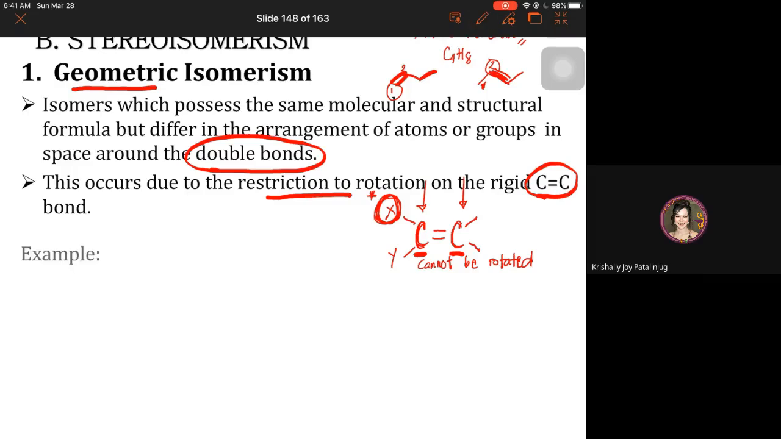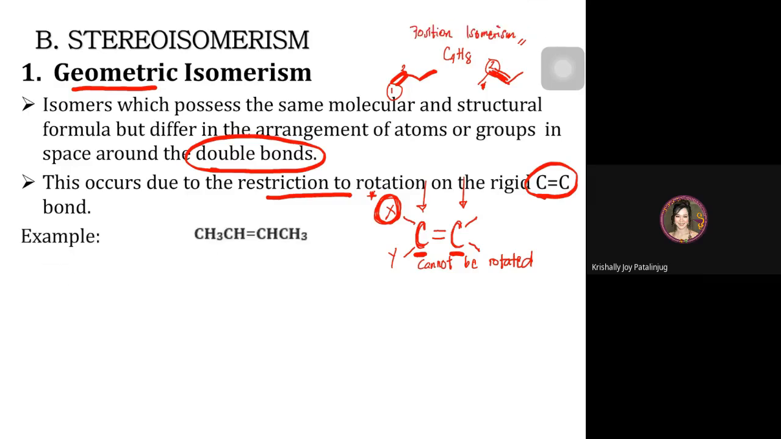So let's have a specific example for easy understanding. Let's say, for instance, the alkene is 2-butene. You already know how to name this. This is 2-butene. Now again, when you draw the three-dimensional arrangement of the group of atoms attached to the double bond carbons,